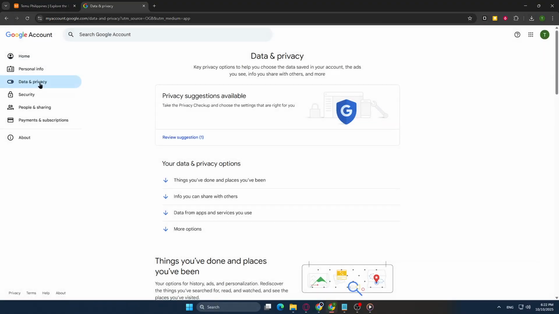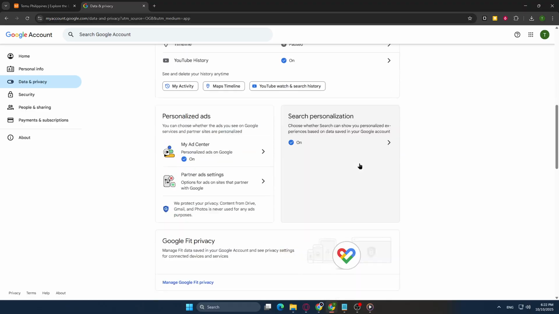In the Data and Privacy section, scroll down until you find the Personalized Ads option. This setting controls the ads you see across Google services based on your information and activity. Personalized ads can be useful, but they aren't for everyone. If you prefer to keep your browsing experience as private and clutter-free as possible, you'll want to consider turning off